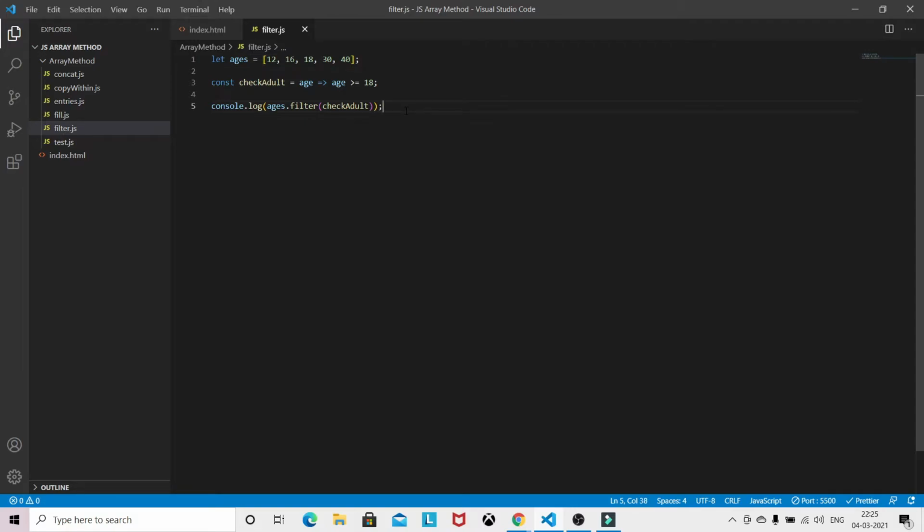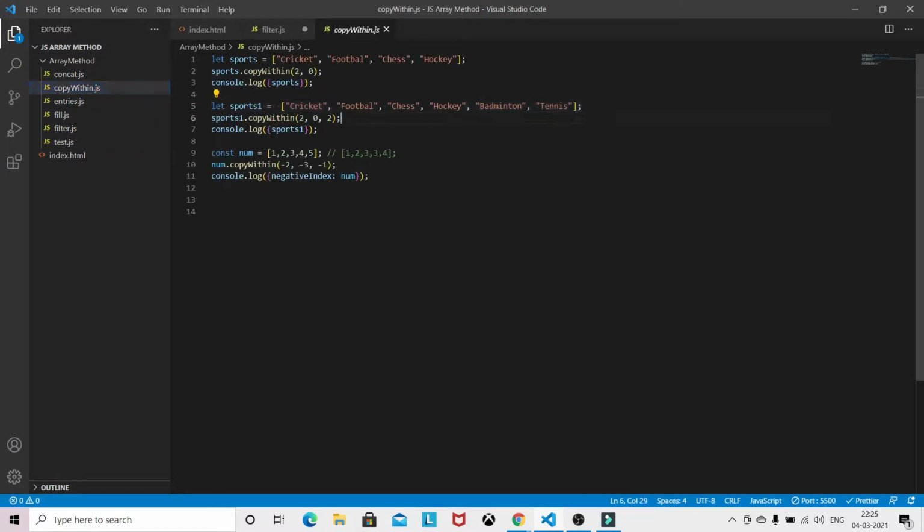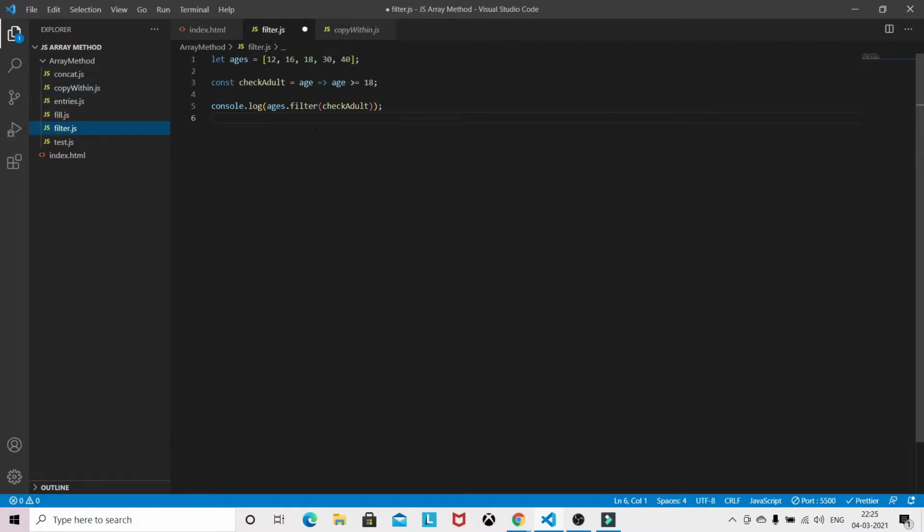Now we will see another example. Suppose I copy this array. In this filter, I will show you a different example. We have sports. Let's remove one.